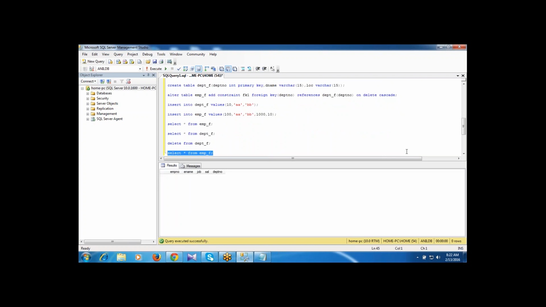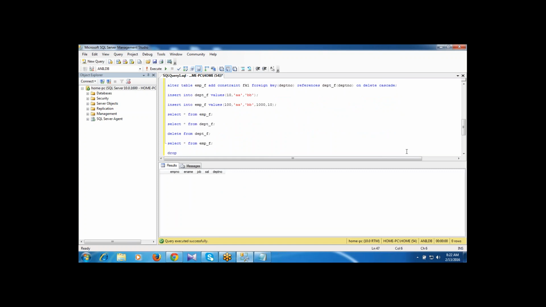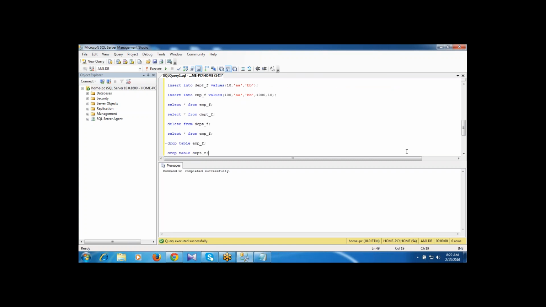I'm not writing the delete statement on the EMP table, only on the parent table. Only for deletion purposes we have this facility. For the drop command, first we should remove the child table, then remove the parent table.